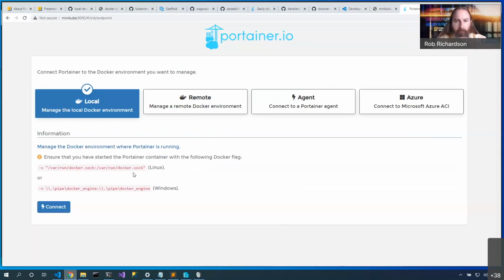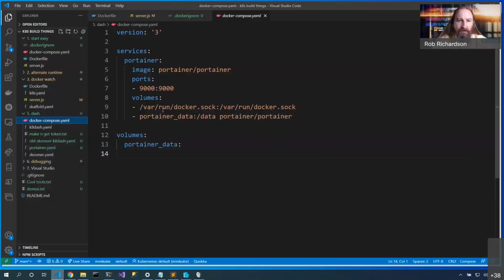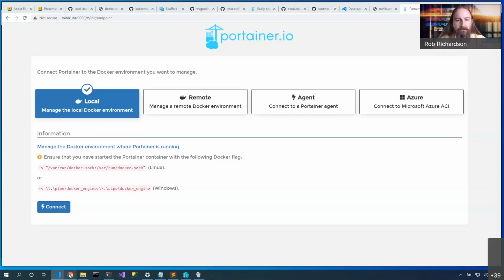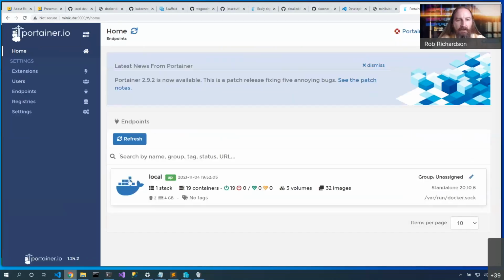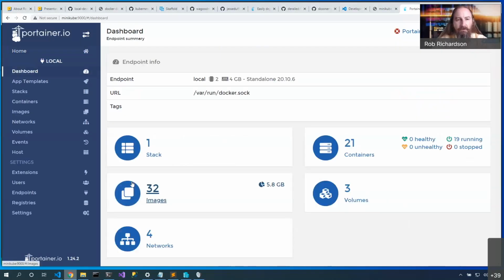Pardon me, we'll want to do that carefully because the Docker socket allows us to make changes inside of our cluster. But here in that Docker compose file, we can see that we've already got that Docker socket mapped into place. That's perfect. We have a second volume that will save our password details. So if we log back in, we'll know that we're hitting the correct account. So now that we've got that Docker socket mapped, let's connect and let's dig into our local cluster.